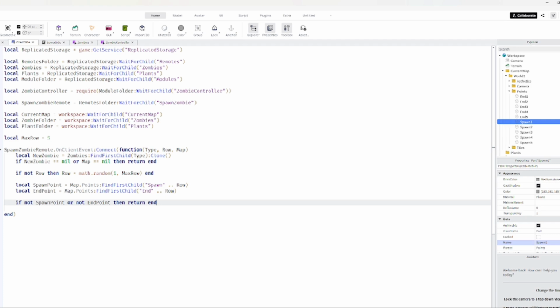Then return end. And then assuming everything goes well and we do have our spawn point, our end point, and our zombie, and our map too,